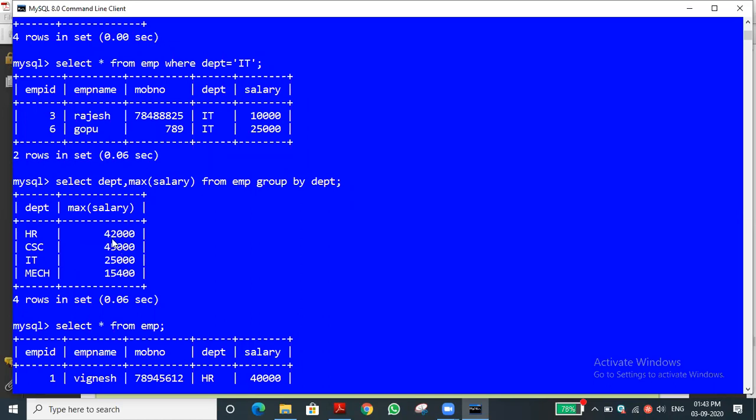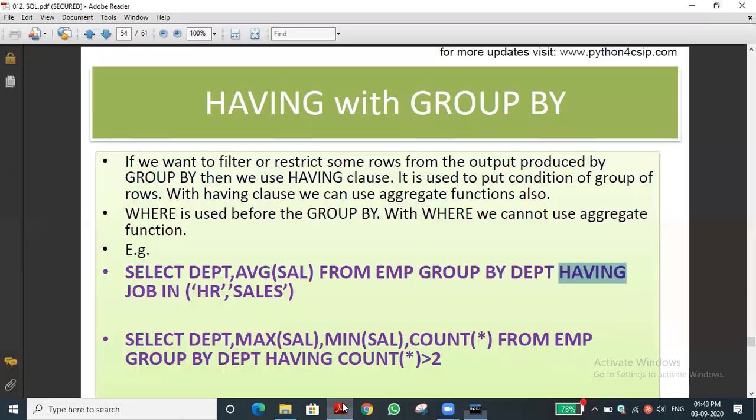For example, having department in HR and CSE means it only displays the HR department maximum salary and the CSE department maximum salary. It won't display IT and mechanical. Likewise, department having job in HR and sales means HR department average salary and sales department average salary alone it will display. That is the concept.